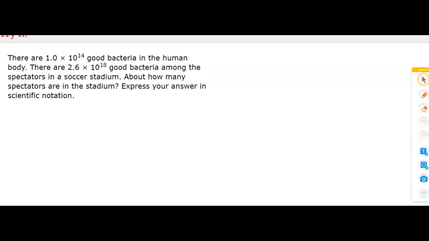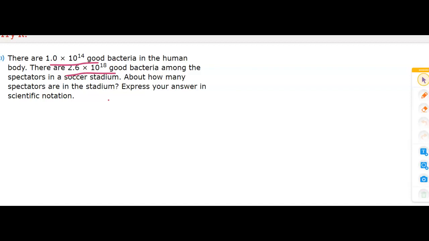There are 1 times 10 to the 14th power good bacteria in the human body. There are 2 and 6 tenths times 10 to the 18th power good bacteria among the spectators in a soccer stadium. About how many spectators are in the stadium? Express your answer in scientific notation. Let's begin to solve. So we have the good bacteria in the human body, and we have the good bacteria among the spectators at the soccer stadium. So we're going to divide these to find the